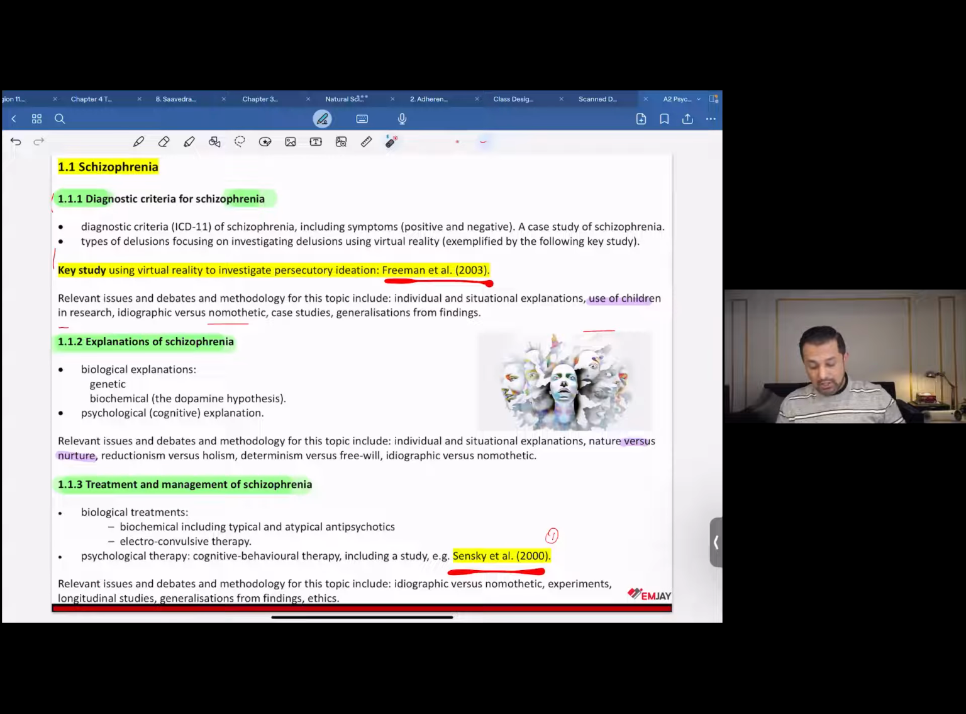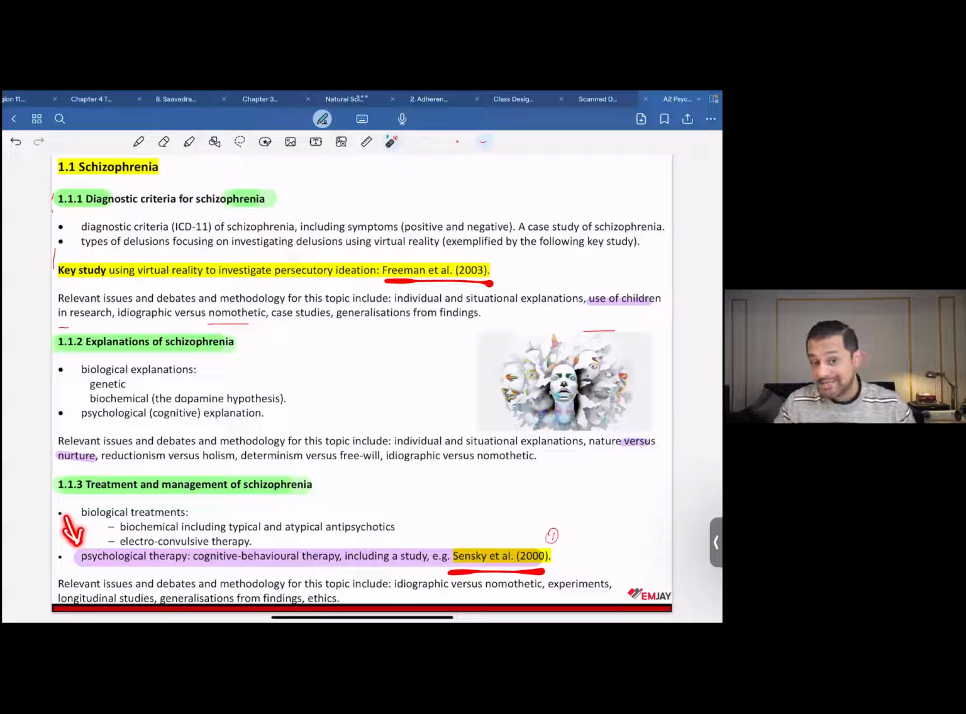Now, additionally, if you have a closer look at this, do you see this? If I may read this point, I'd like to highlight this one in purple now. Okay, so this part. If you have a look at this, this comes under the heading treatment and management of schizophrenia. And the bullet over here reads psychological therapy, that is cognitive behavioral therapy, including a